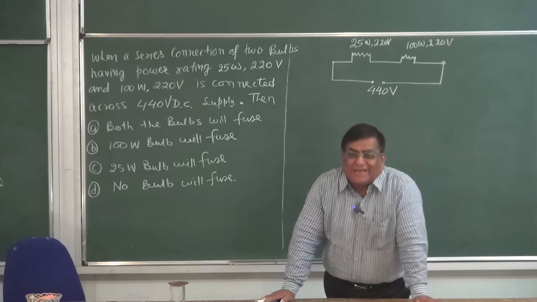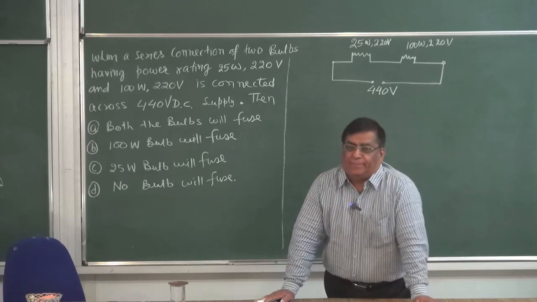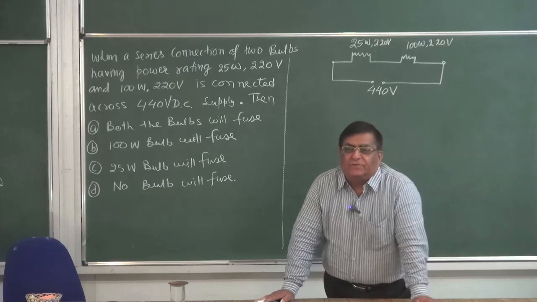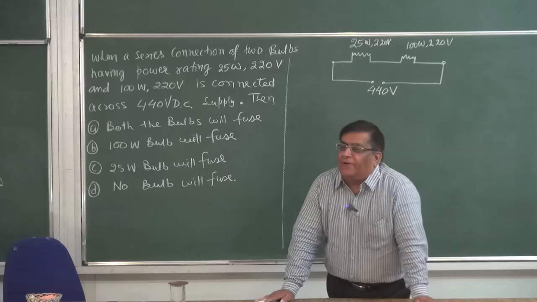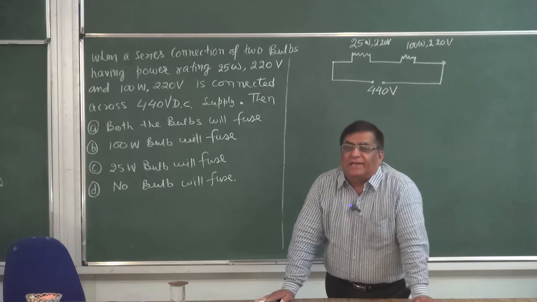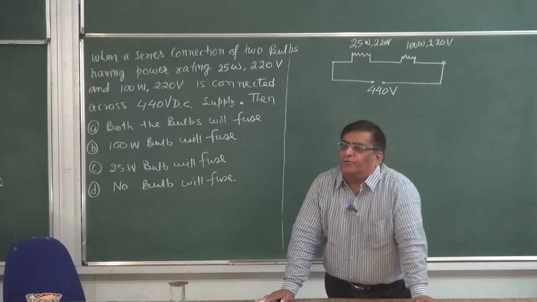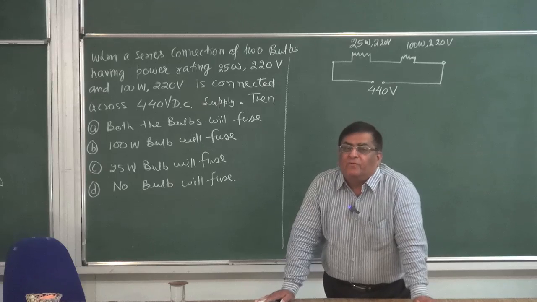Okay, if we give less or more, then what will happen? The answer is, if we give it less voltage, the current will be less, and therefore the power, which is I square R or V square upon R, will also be less. Voltage